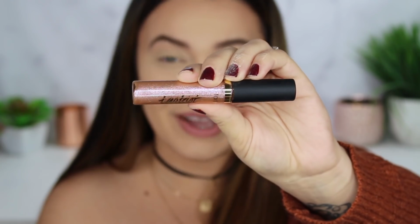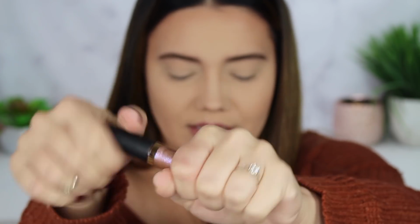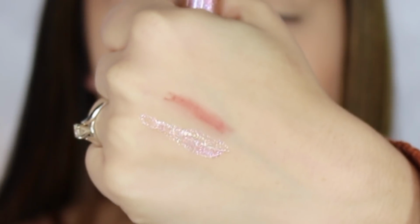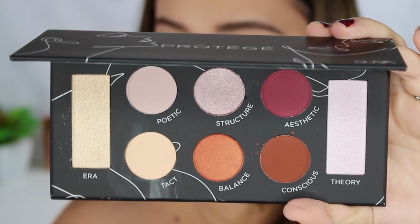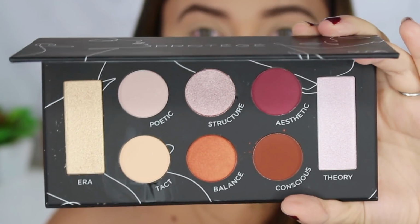I'm intrigued by this. I also got this Tarte Glitter Lip Paint. It says it's a sheer lip gloss infused with shimmering glitter. There it is. It is sheer. I like that they say that it is sheer so that you just know that it's sheer. Does that make sense? I also got this Prodigy Palette. Here are the shadows. You have some nice neutrals, a burgundy cranberry shade, some orange, and some highlighters there, so that's